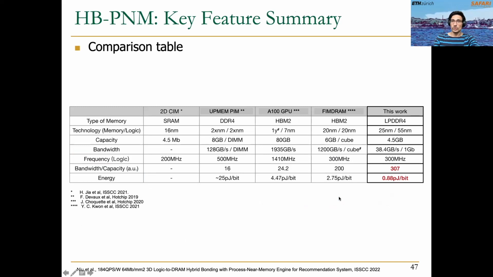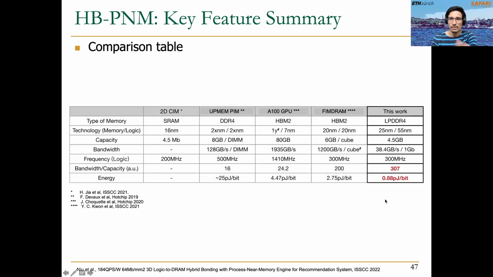In this slide, you can see the key feature summary and also comparison to other processing in memory architectures. Observe that the authors here are comparing to FIMDRAM, to HB-PNM. They also compare to a 2D computing memory architecture that is based on SRAM and also to an NVIDIA A100 GPU. In principle, and as I have mentioned in previous lectures as well, I don't think that it really makes